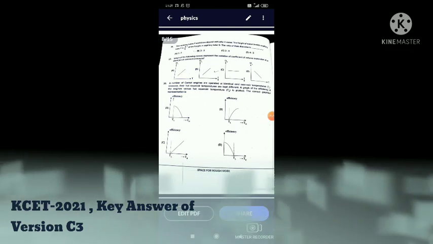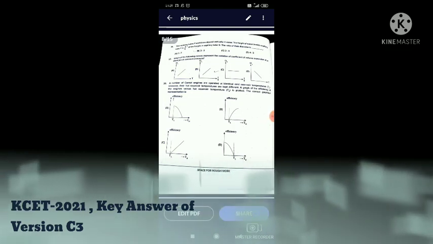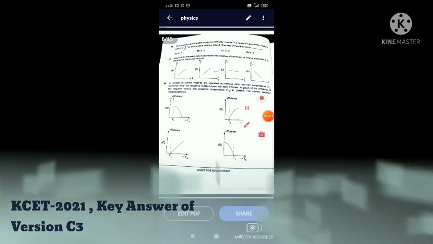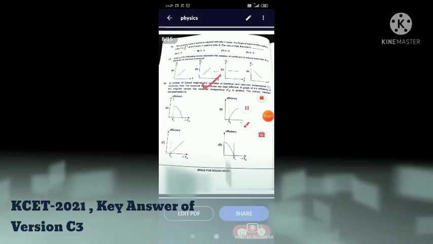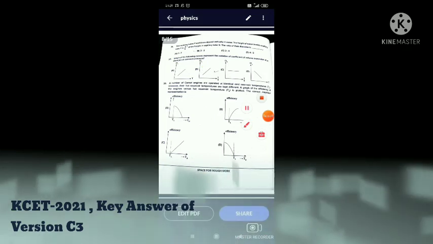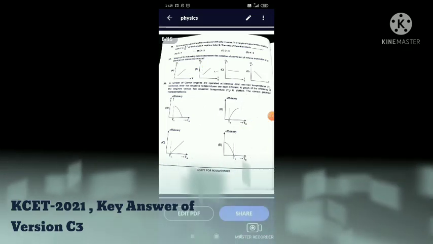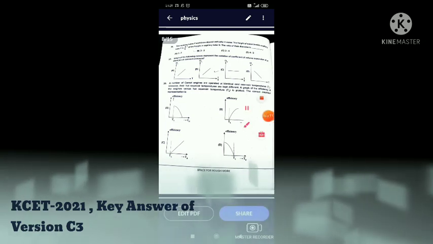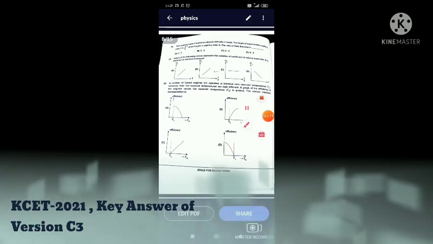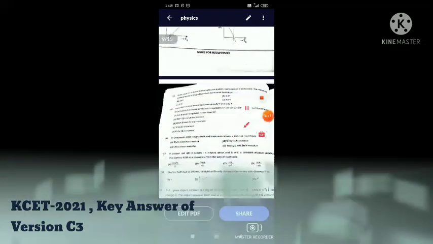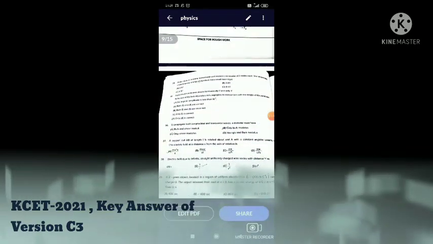Which of the following curves represents the variation of coefficient of volume expansion of an ideal gas at constant pressure? The correct answer is answer B. Next we will move to the 33. The 33rd question, option D is the correct answer. Next we will move to the 34 question. A gas mixture